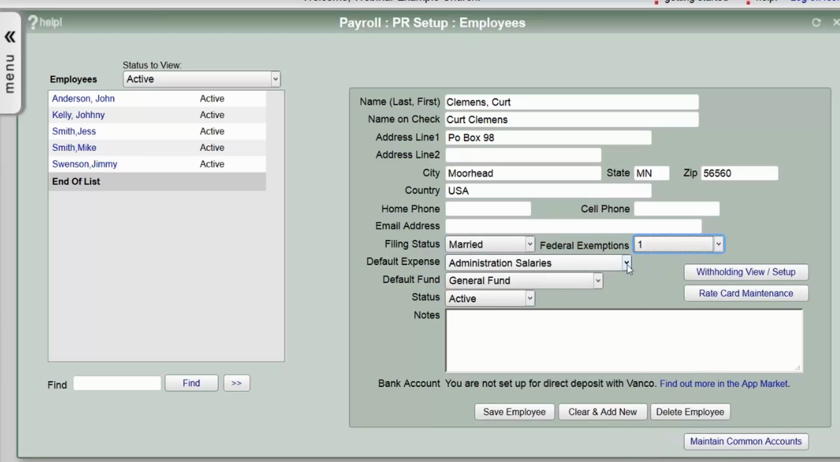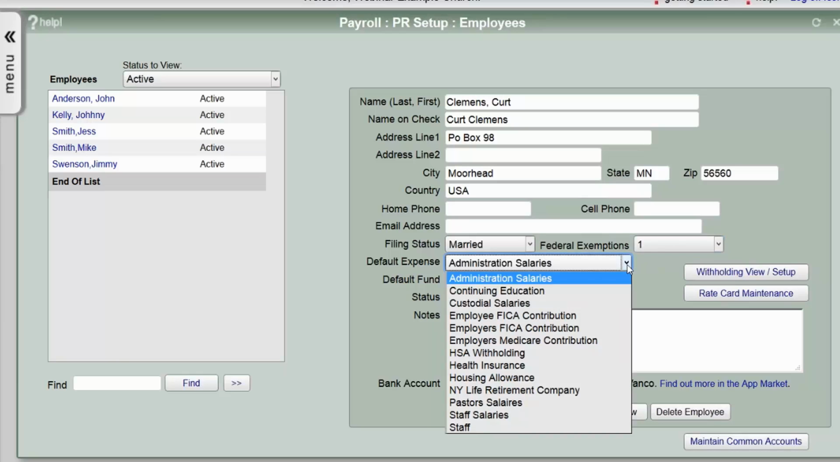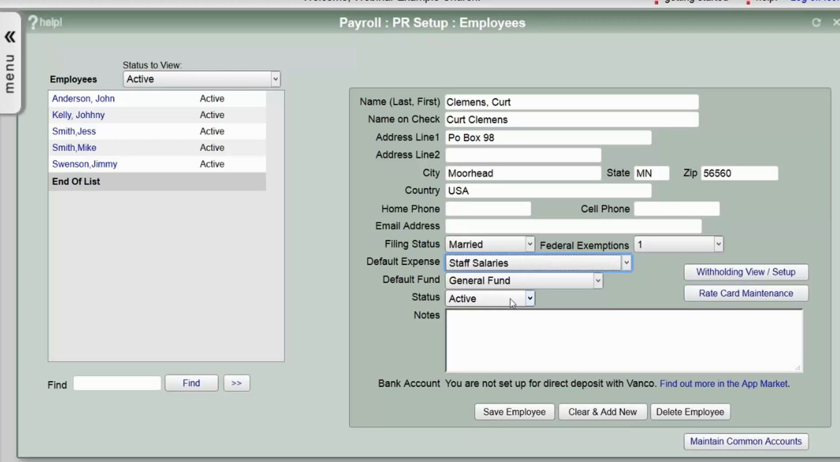And then I'm also going to tell the system the default expense account is one of these, okay, and it's going to pull those expense accounts from, guess where, the preference window. We're just over there, and all those preferences that were checkmarked are actually showing up right here, okay. So I'm going to pull it from the staff salaries, and the general fund will be the default fund, but I'll show you how I can actually manipulate that a little bit later. Now I'm going to click Save Employee,